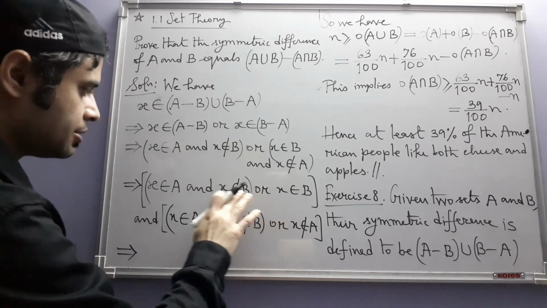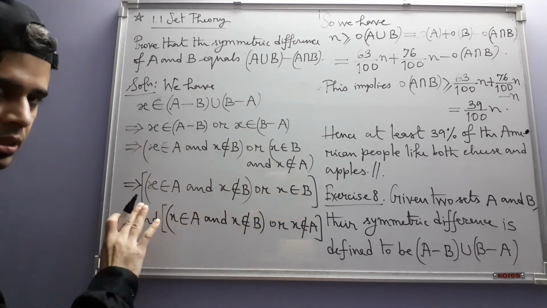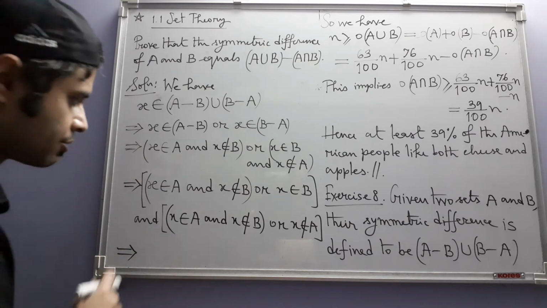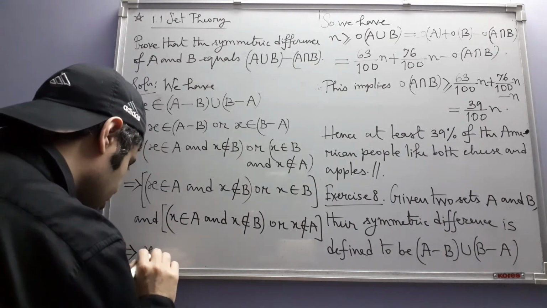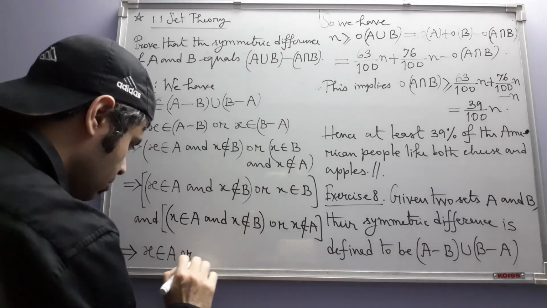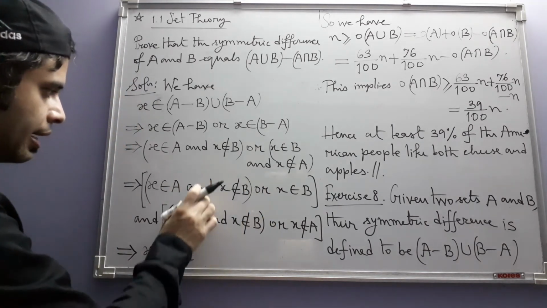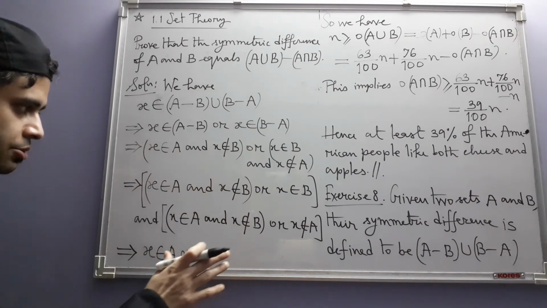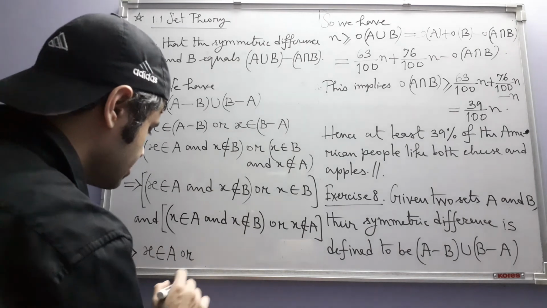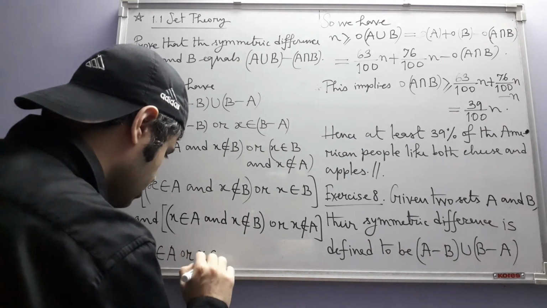Or distributes itself over and, but now from this side. Actually we can take it on that side also, but it will make no difference. So here I will write x belongs to A, or will go inside and the two statements will be separated by and. That's what distribution means. Or x belongs to B,